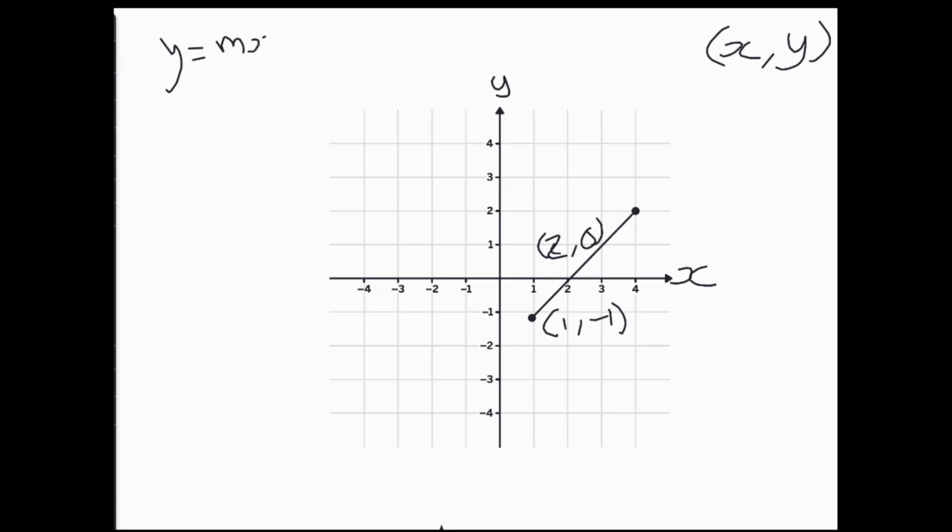So what does that mean? It means that we need to find what these symbols are that would give us this line, or this function. Okay, so we're going to start with m. So m equals y2 minus y1 over x2 minus x1. Okay, so the highest y that we have is 0, right? Minus